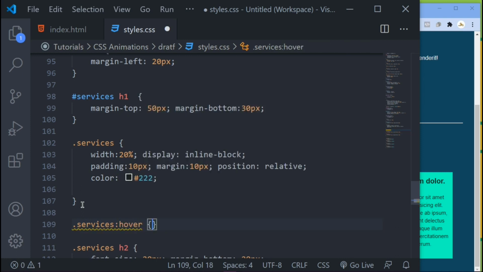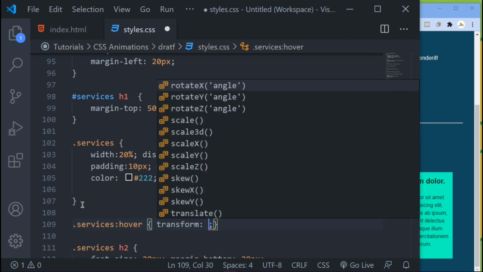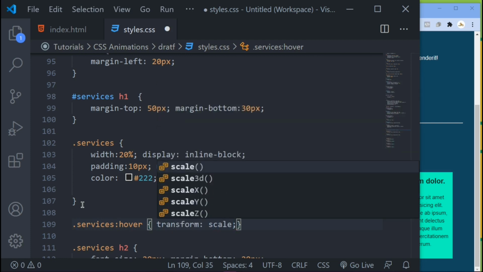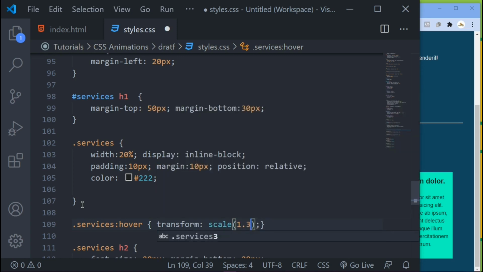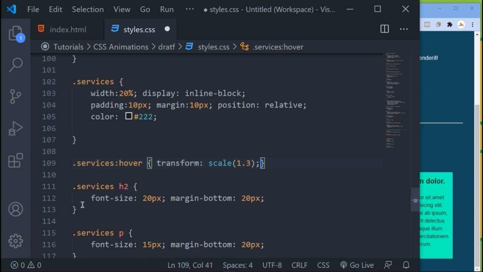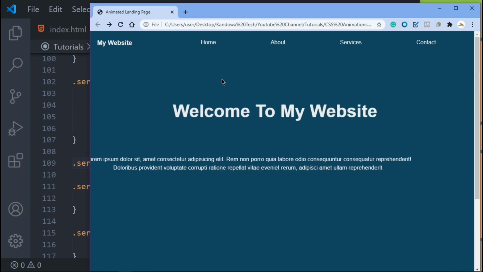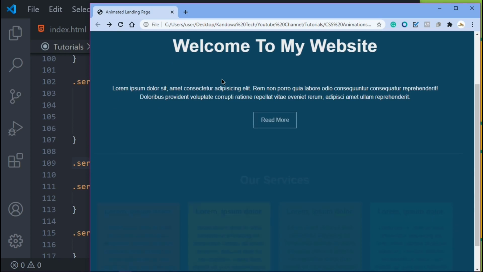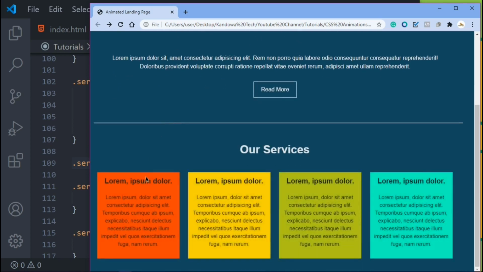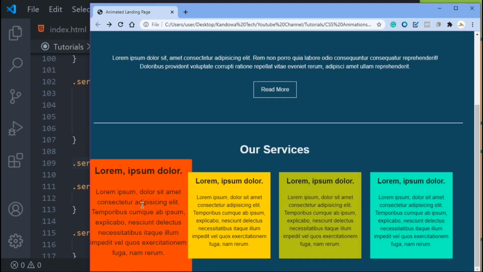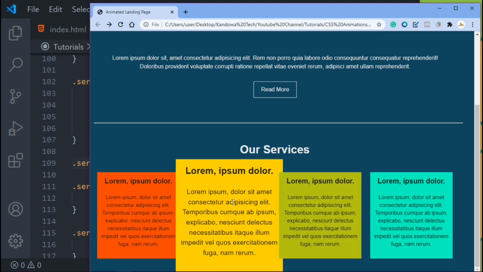right, let's just change to transform, but this time we want to scale them, since we want to give it a bit of scale. So we want, let's say, 1.3, right? And then if you refresh that, then once you hover, wait for that coming in, our pattern is coming in, and once you hover, see it's being scaled there,